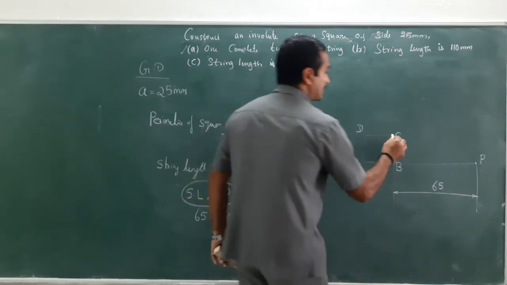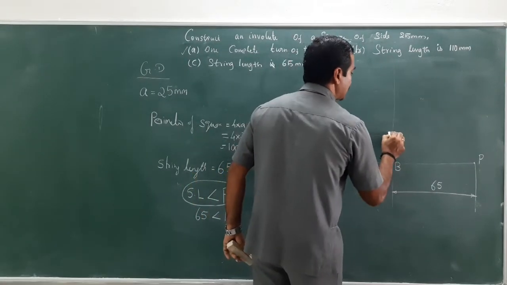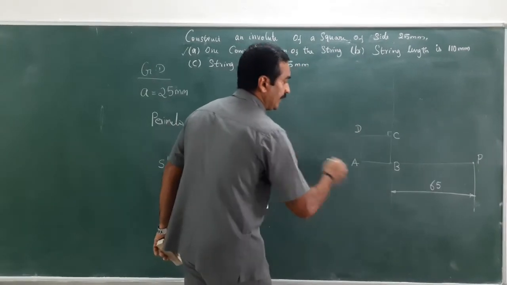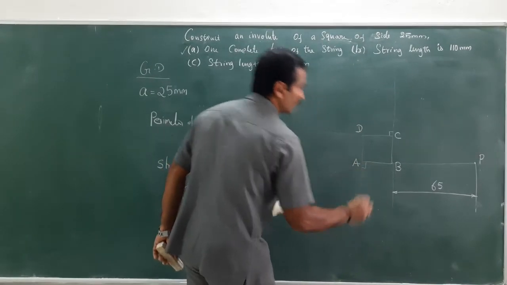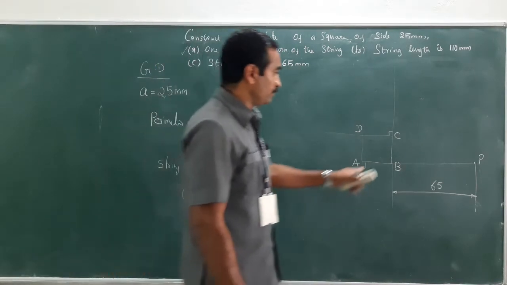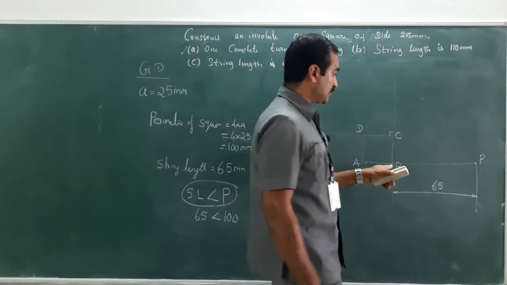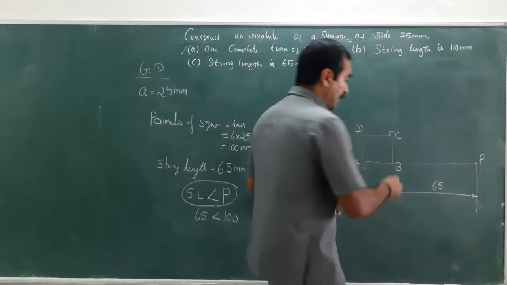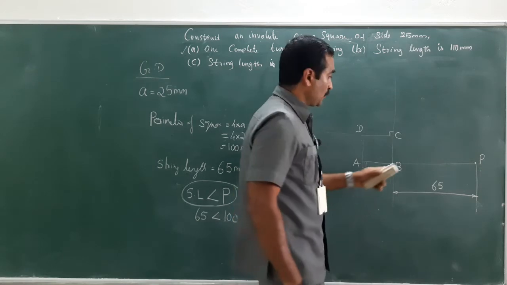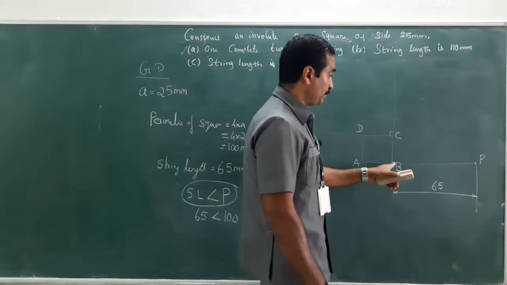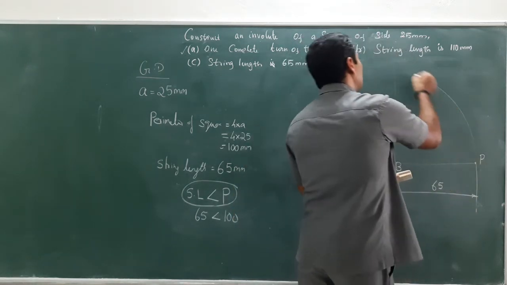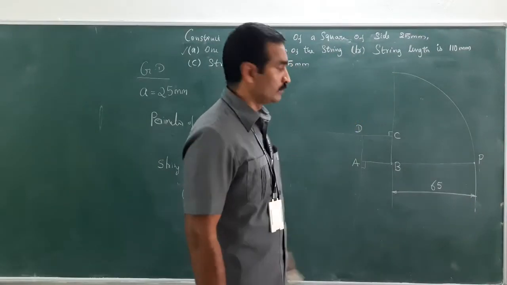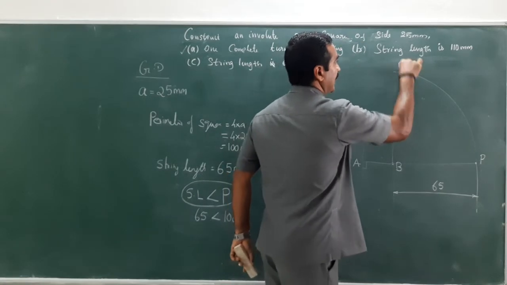What is next? You will have to extend the 90-degree line from all the points, from C, D and A. Now, at point B, measure the distance between B and P in your compass, and with B as center, BP as radius, cut an arc till it intersects the line which is extended from point C. This can be denoted as P1.